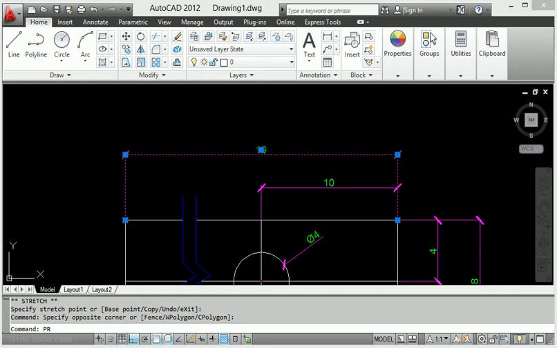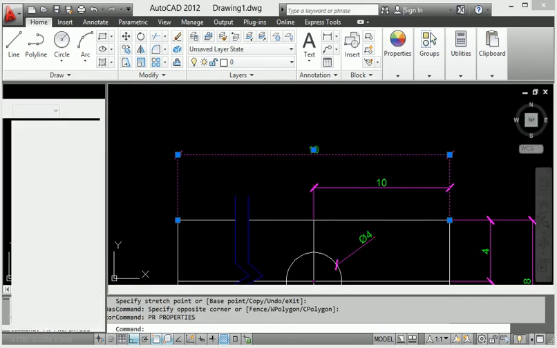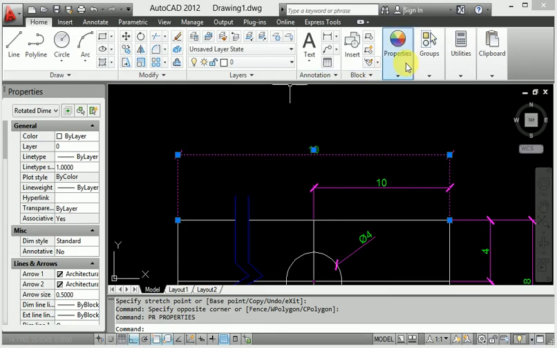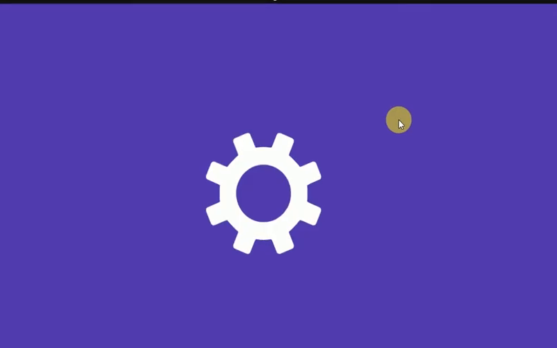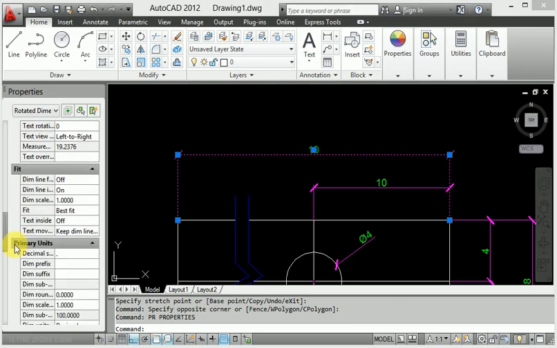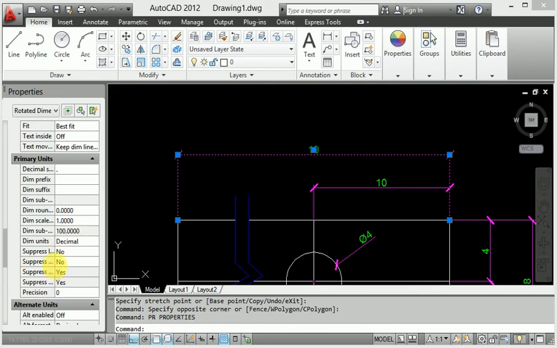So when I go to selection, then PR, enter for properties, and just come to the properties on the side of the diagram. Look at this, this is the properties panel. When I click properties and go to primary unit, where is it? This is the primary unit.